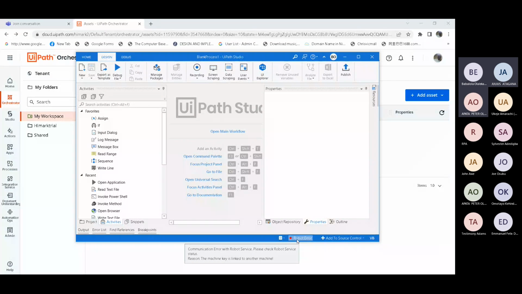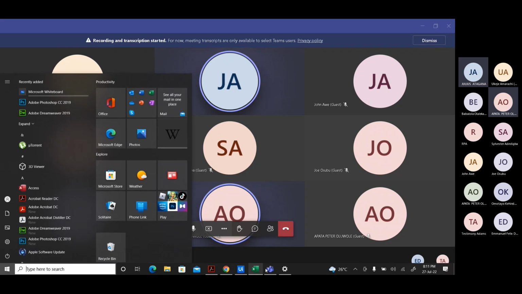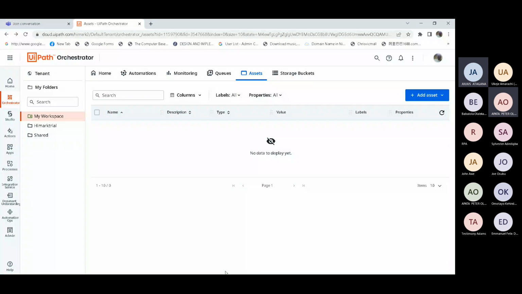The last time I connected, it was working, but now I'm having the connection error. Exactly, that is the same issue. Okay, it means that you have not connected this robot. I think this will be a good way to connect your robots for the class to see how to fix that. Let me first explain what I was explaining in this part, then we'll come back to connect your robot.